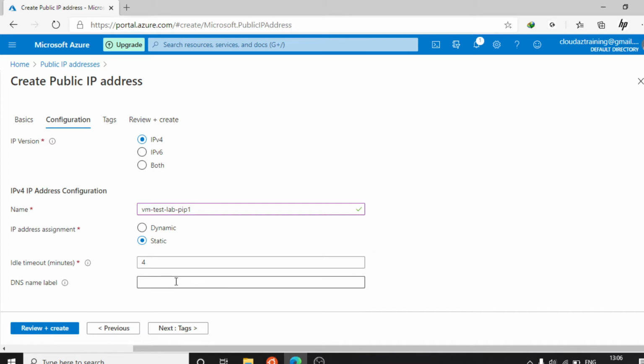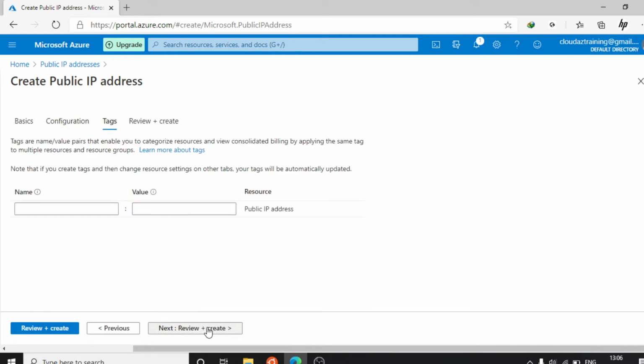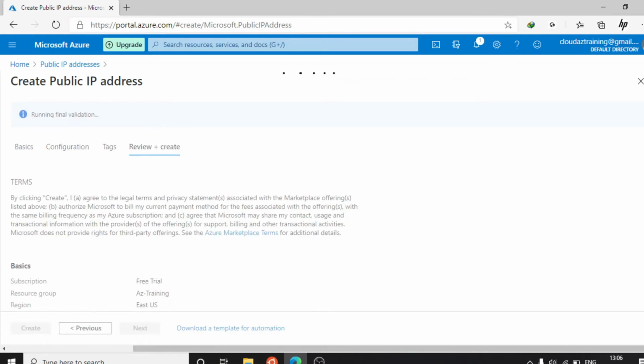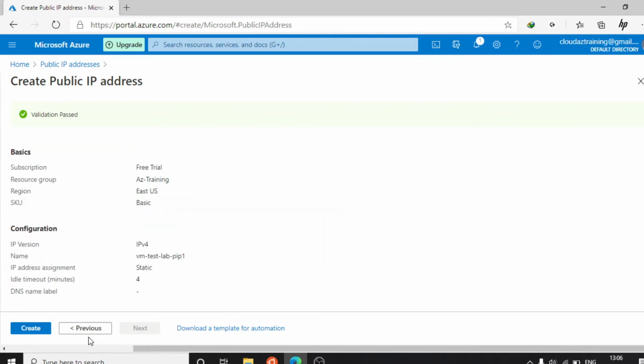DNS name label: if you want to label your IP with a DNS name, you can put the DNS name here. Currently I am not going to put any DNS name here. Just next, review and create. Just create.